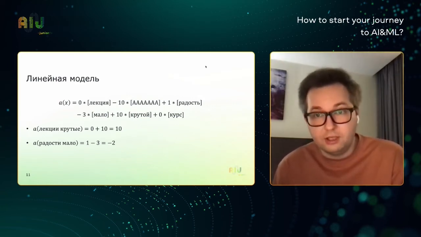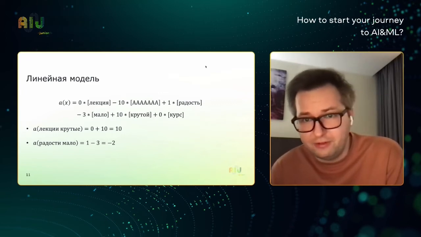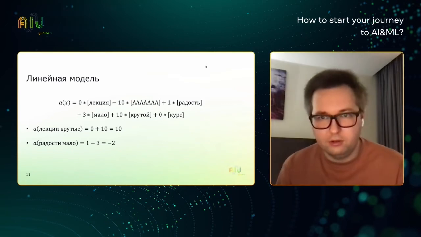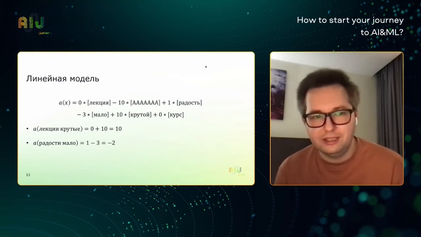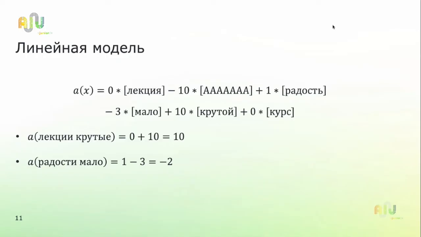But if he says "not much," then the weight is negative, -3, because probably this word means that this person is not satisfied, but not in all cases. And the forecast for this model for various texts can be calculated. For instance, "cool lectures." Lecture is 0, cool is 10. So I sum up the two elements and I see that the value is positive and the text is positive